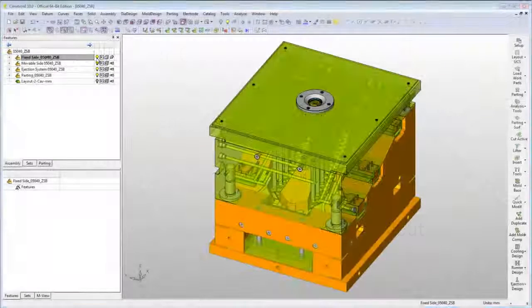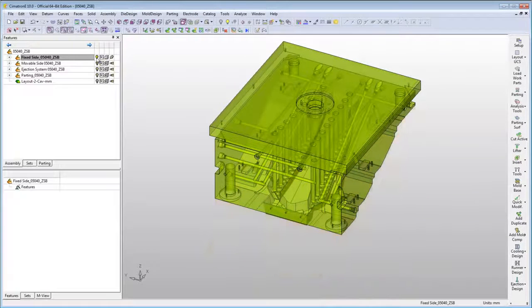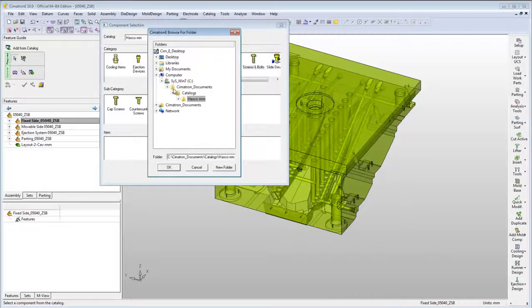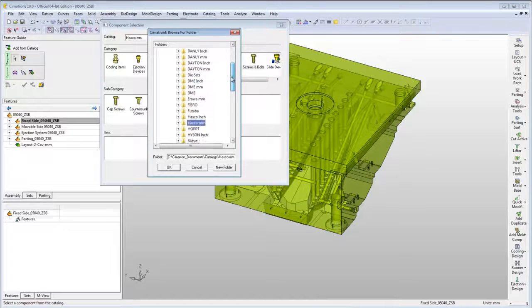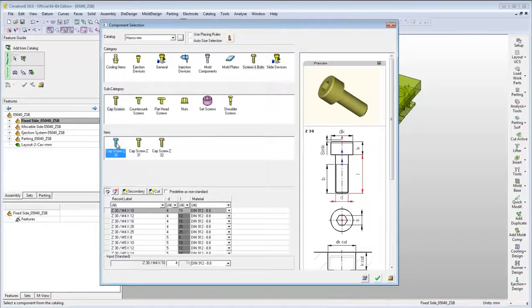In the following example, we'll see how CimatronE meets your catalog tooling needs. In this mold, we are going to add screws to connect these two plates. CimatronE offers you an extensive set of catalogs from all the manufacturers you need. A catalog preview is shown with its dimensions when you select it. All the dimensions are presented and can be filtered using a drop-down menu to enable a quick and simple adding